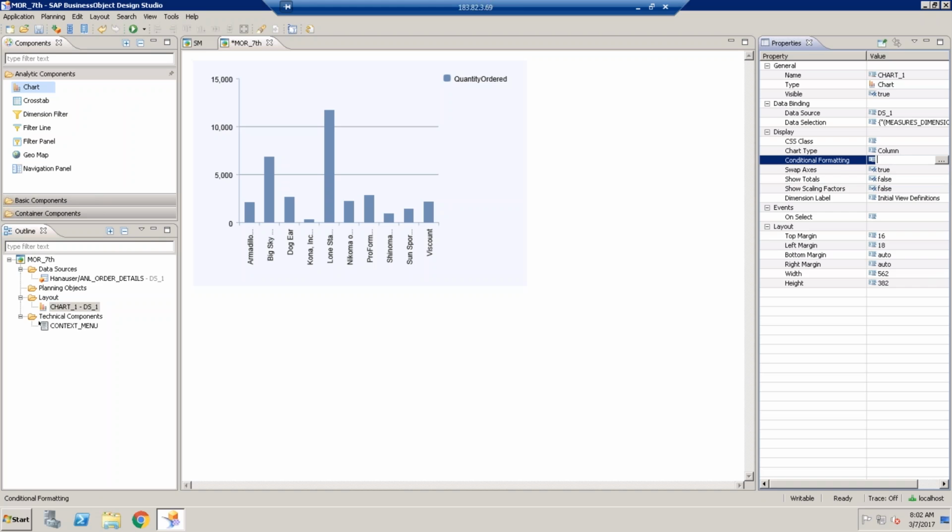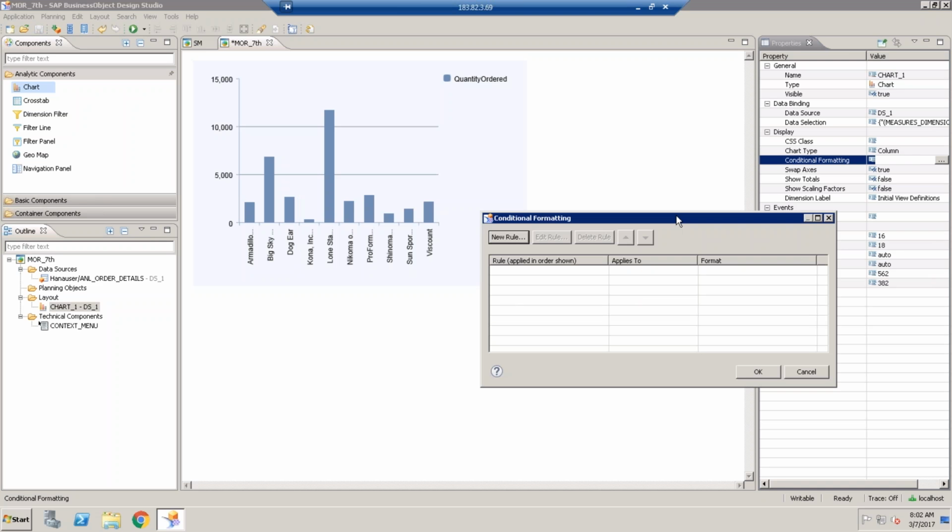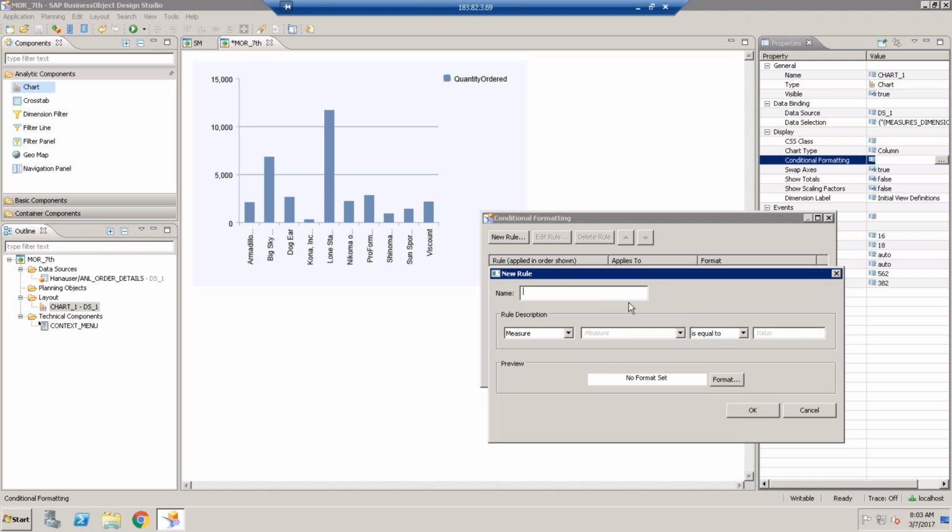Then you have one thing called conditional formatting. What conditional formatting does is allow you to change the color and set some color coding. Whatever value you are displaying, if it goes beyond a threshold, it will be displayed in one color, or if it goes beyond something else, it will be displayed in another color. Let's say I want that if something goes beyond 5,000,